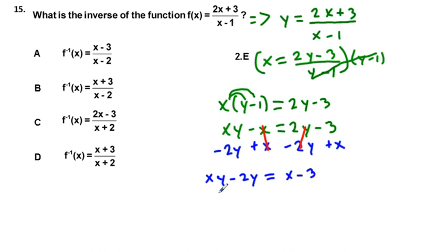And then if we factor out the y, we have y times quantity x minus 2 equals x minus 3. But is that right? Okay, I guess it is. Then we divide by x minus 2,